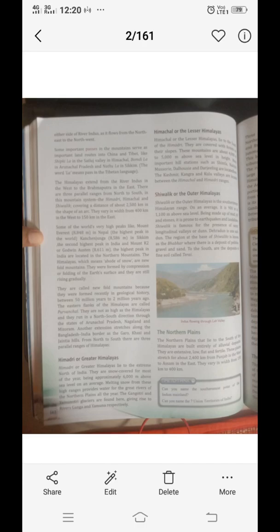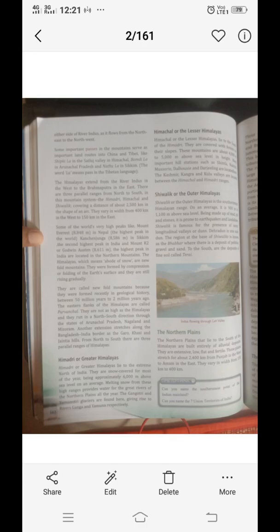So the west boundary of the Himalaya is Indus, and the east boundary is the Brahmaputra river. The mountain ranges are divided into 3 parts as there are 3 parallel ranges. These are Himadri, Himachal, and Shivalik, covering a distance of 2500 km in the shape of an arc.